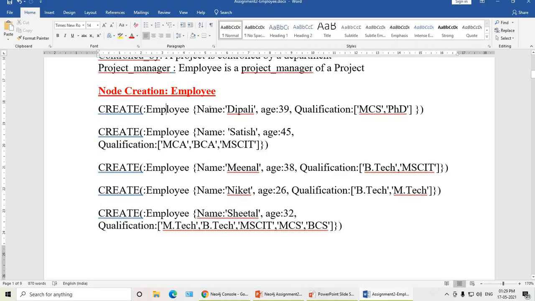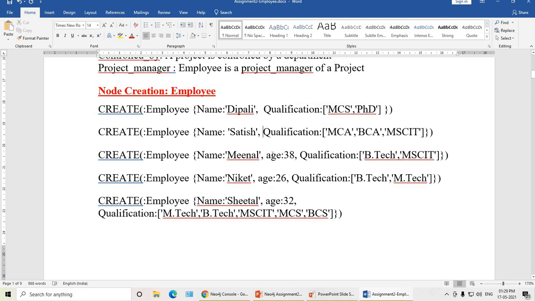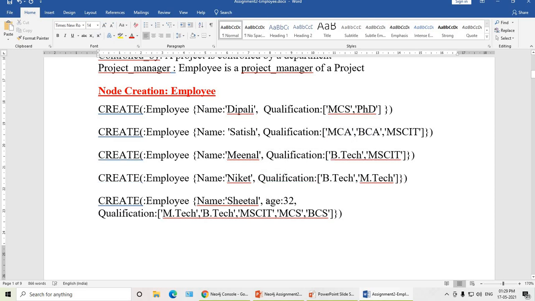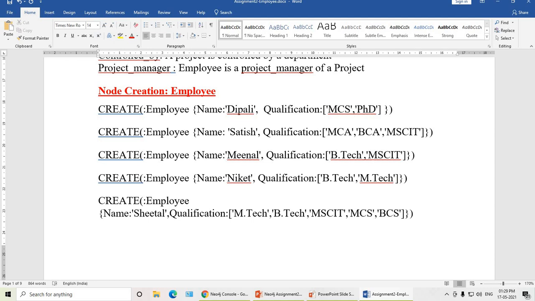So create employee. What other characteristics I have taken for employee? Name, age, qualification. Keep in mind the age attribute is optional. Now why am I telling you like this? If you take the age attribute, it will create the nodes by giving numbers, because it will consider it as an indexing attribute.